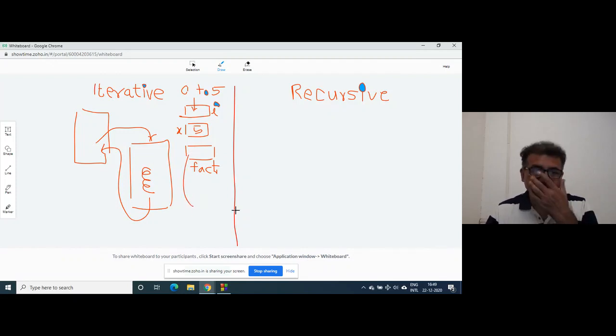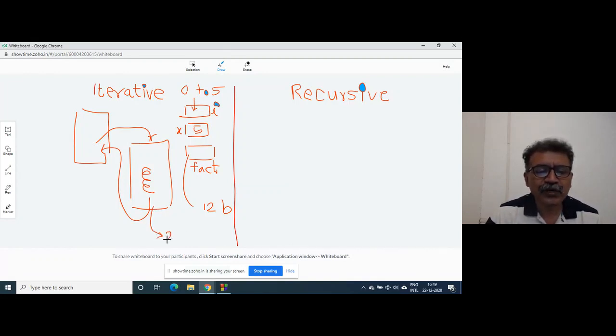And fact was the result. So in all, suppose 4 bytes are required for an integer. How many bytes were there? 4, 4, and 4. That is 12 bytes of memory consumed, right? And suppose this function body takes, we will assume, 200 bytes of memory. We do not know that.